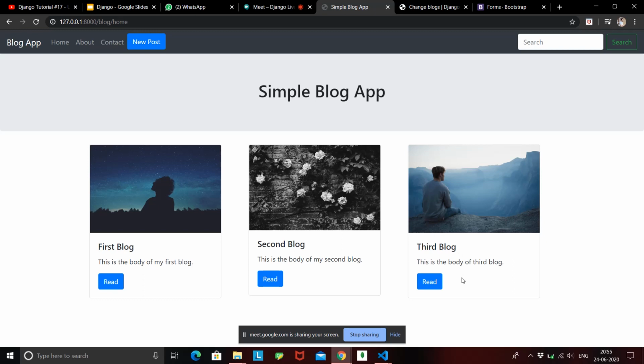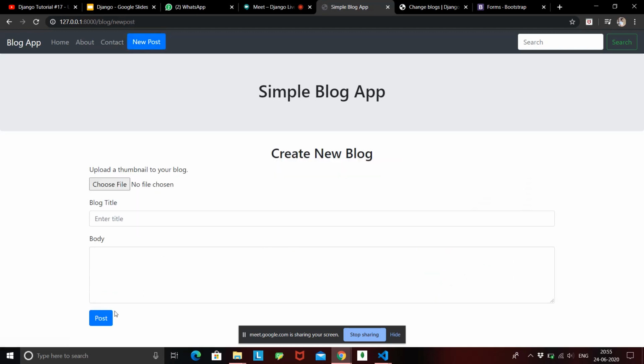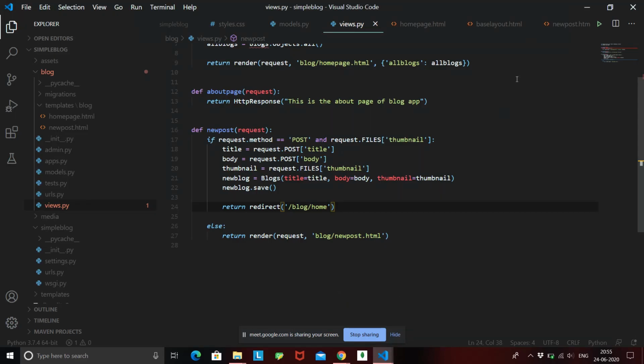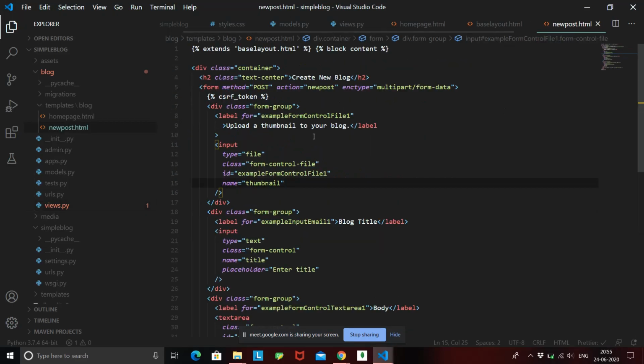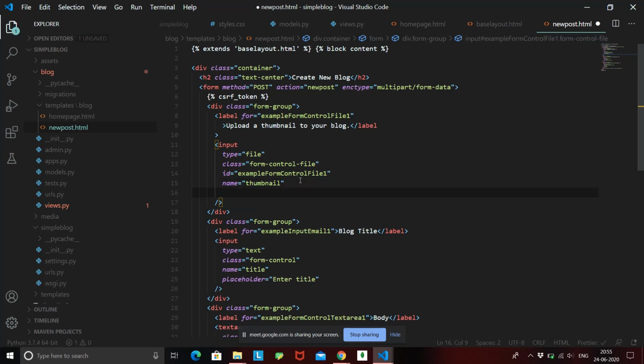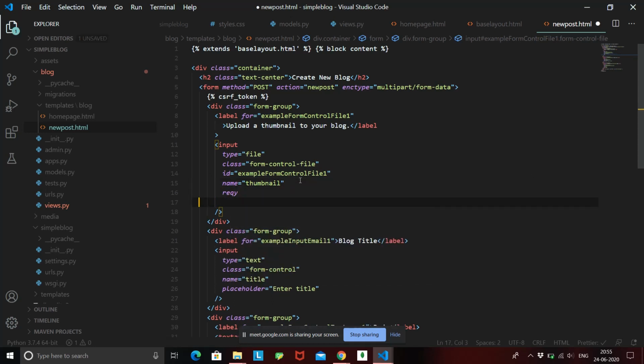Okay, so before we finish this, just yesterday we saw that if we directly hit post, this is going to save an empty blog with no title and no body, and now currently with no file. So in order to prevent that, what we can do is go to our form. Inside every input we just have to write one line that is required, sorry, not this,